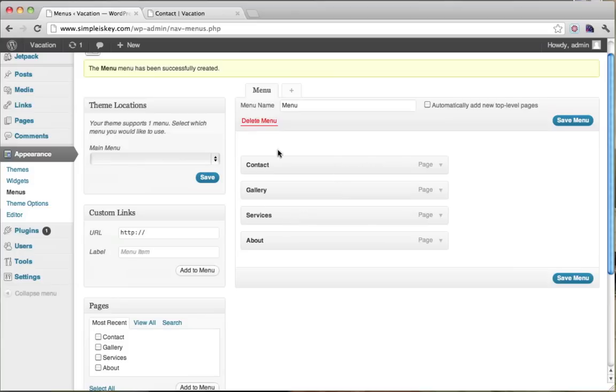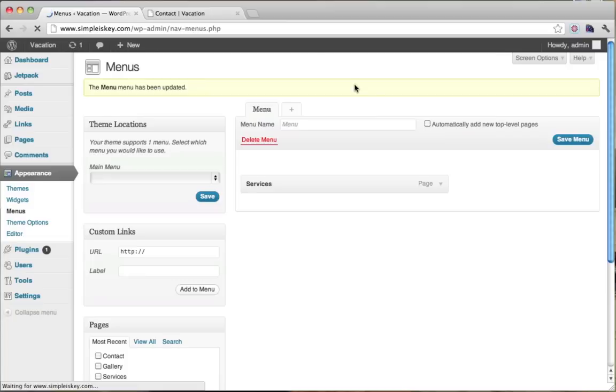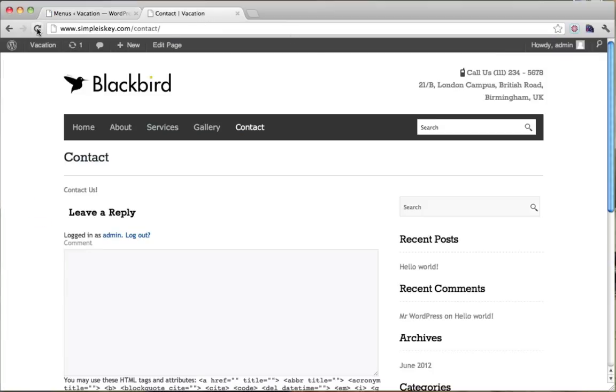Now you'll see that you don't see a home page. So let's put everything in the correct order. We just click and hold and drag. We want the contact there. We want our services next, and our gallery. Then we click Save Menu. Now we can refresh,